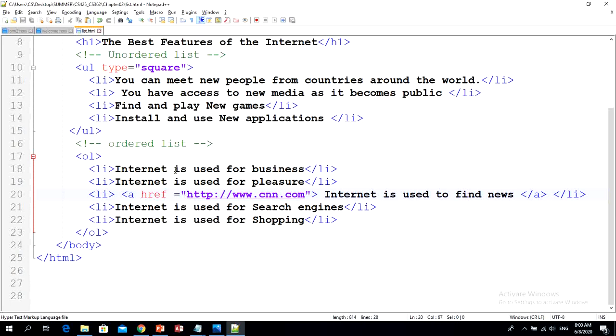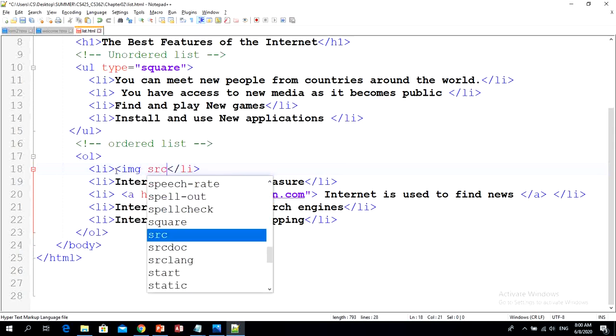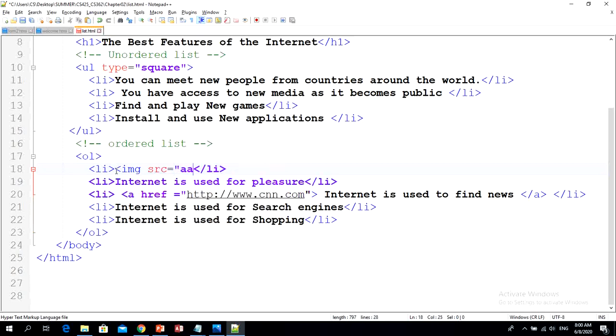Also, you can add an image if you like, in each one of them. For example, in this one, if I would like to add an image like the previous image, img, src equal, I have this apple.jpg,